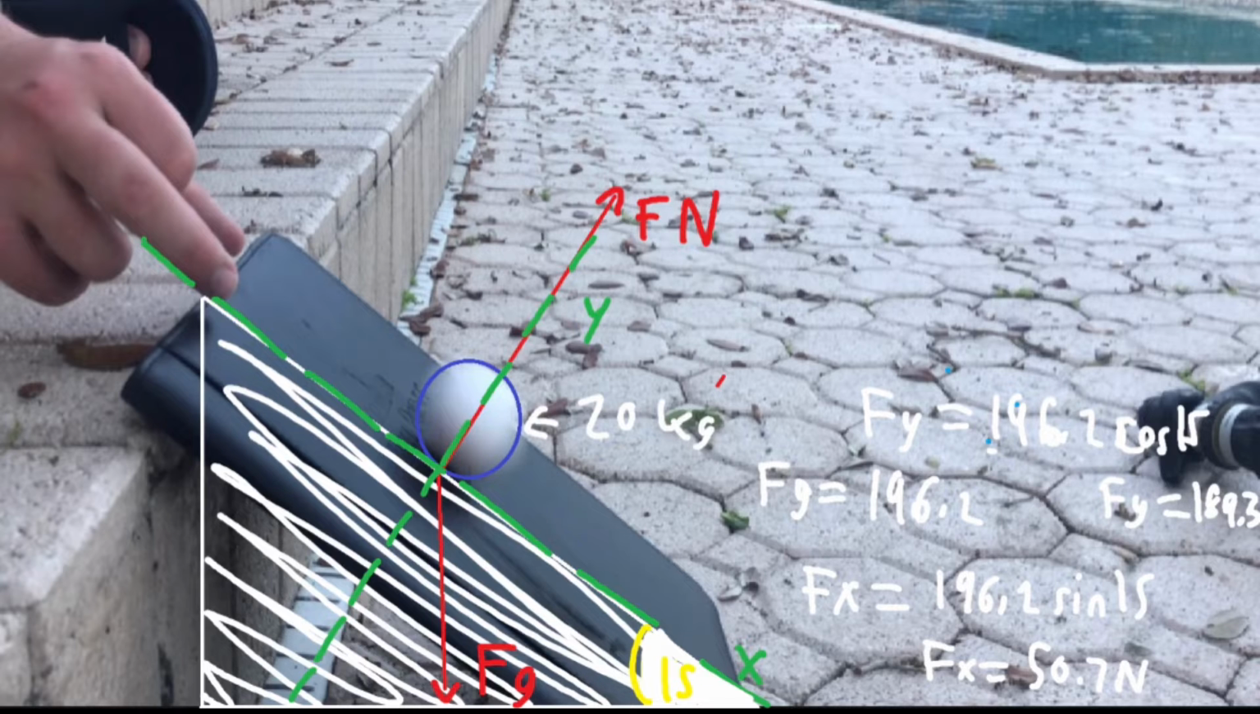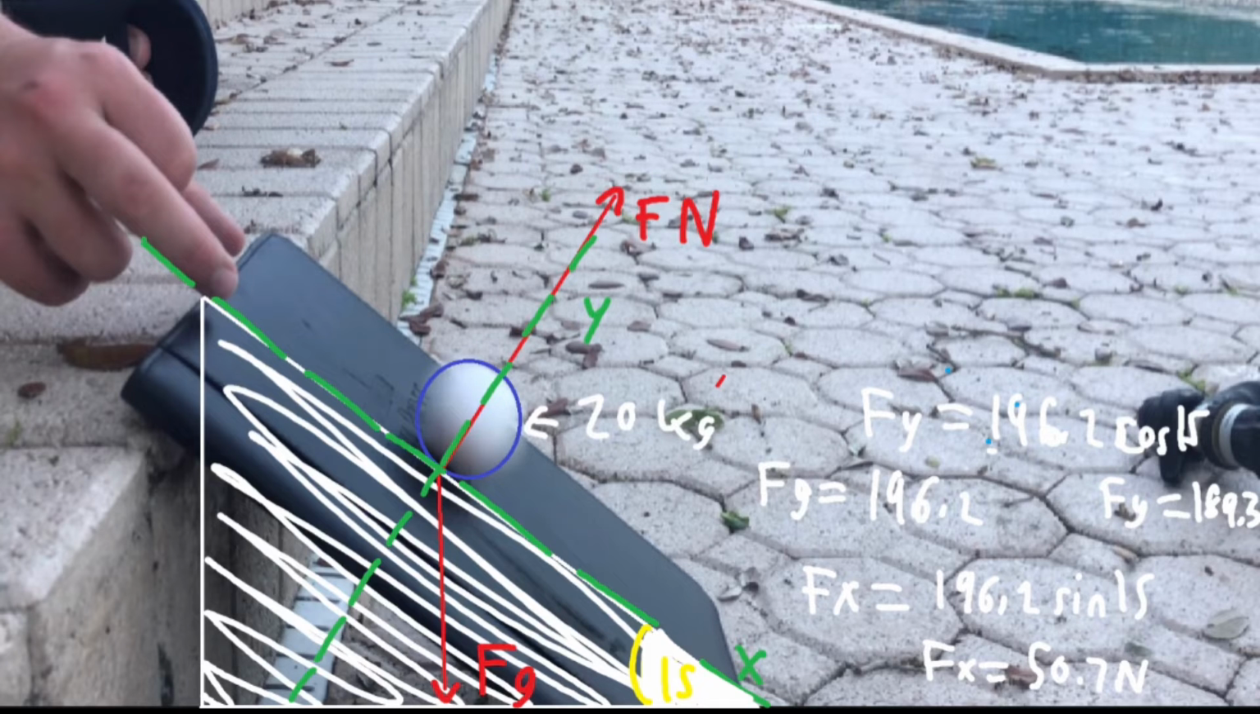Your force of normal points perpendicular when an object is resting or falling. The force of gravity, the arrow pointing down, is the force acting due to gravity. The force of gravity is measured by multiplying the mass and acceleration of an object, usually by gravity. So 20 times 9.81, saying this egg is 20 kilograms. So the force of gravity is